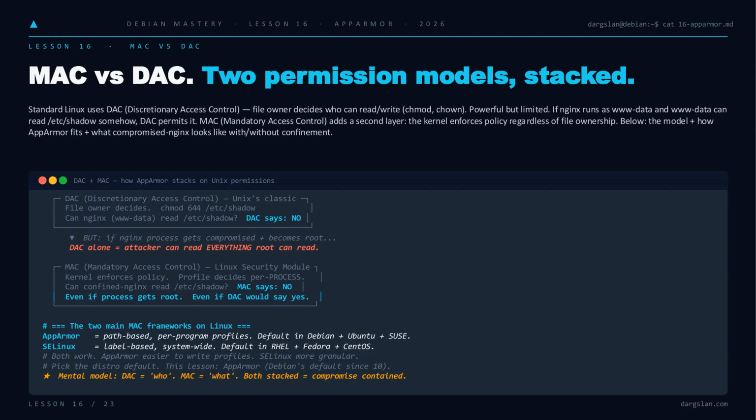DAC is the classic Unix model. Chmod, chown, file owner decides. It works until a process gets compromised and escalates to root. At that point, DAC hands the attacker everything root can read, including /etc/shadow. MAC closes that gap. The kernel enforces a per-process profile that holds even if the process becomes root, even if DAC would have said